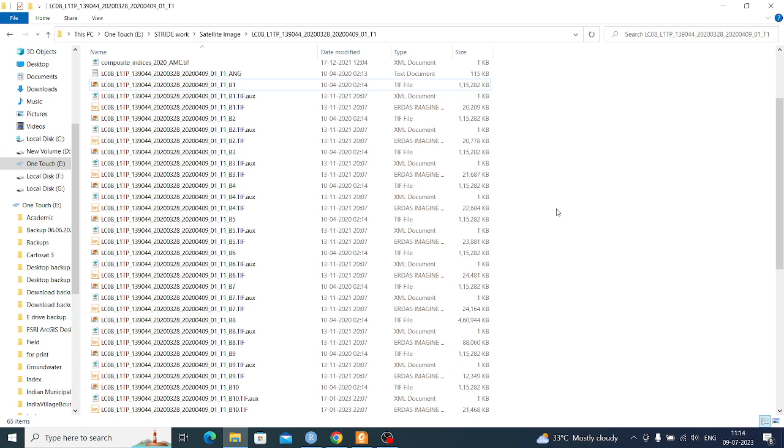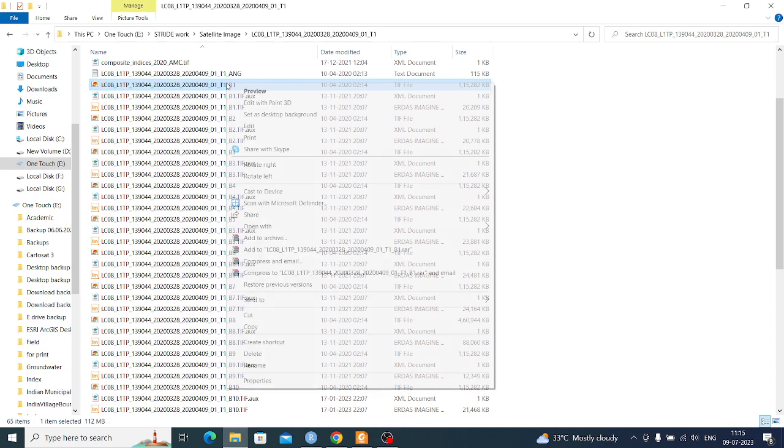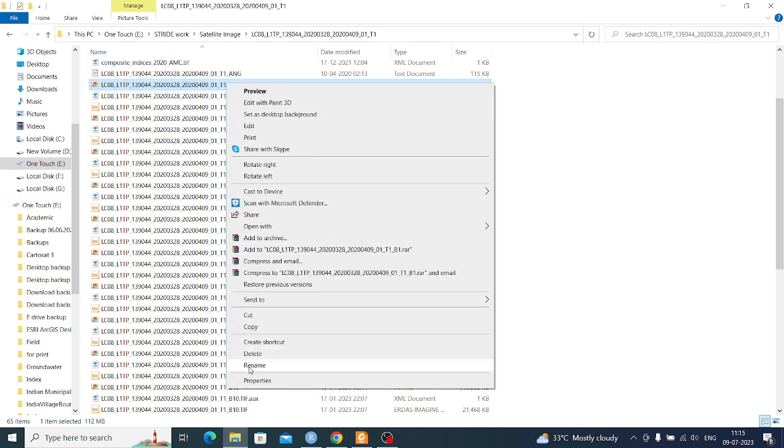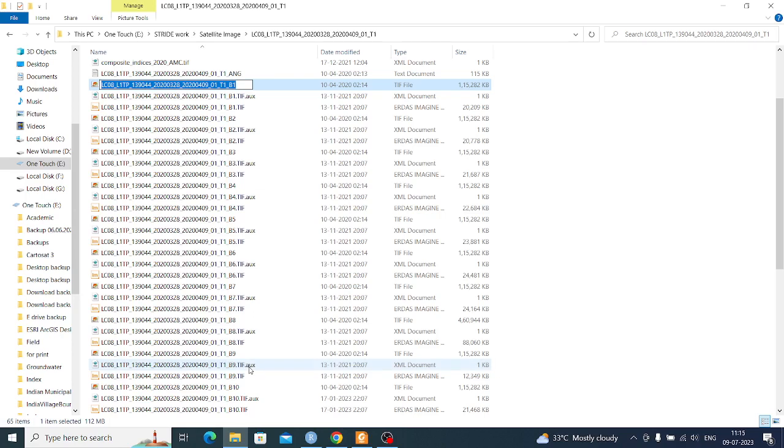I have already installed a satellite image and then extracted it from the downloaded data, and after extraction we'll find these bands, B1, B2, B3, B4. Now if we want to import the band 1 data only, we have to identify the file path of this data. For that, first we select the data, and then right click on the data name and choose rename, and rename will select all the details of the name of